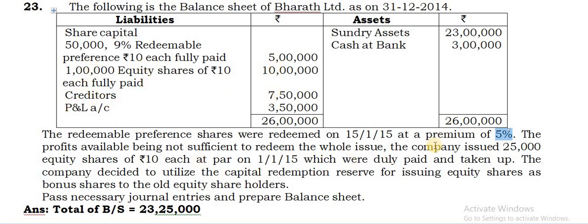Here no securities premium is there. We shall see whether the new shares are being issued at par. You can find there is an issue of new shares, but they are being issued at par. Therefore, you can use only the profit and loss account. From this, you can make use to provide for the premium on redemption.